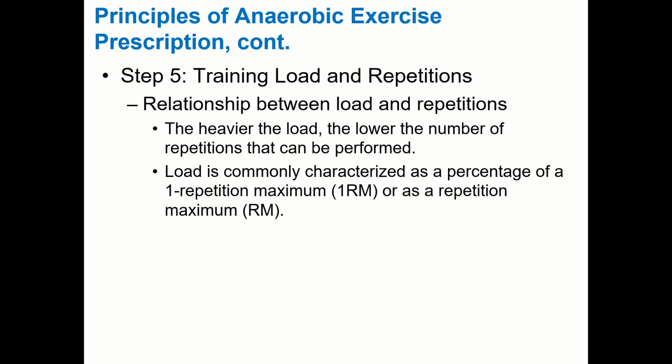And based on my example there, you can see bullet point number 2. So we typically quantify the intensity as a percentage of their 1 rep max. So we have them lift as much as they can, let's say 200 pounds, and then when we actually write up a program, we'll base it on the percentages of that. So we want them to do 95% of their 1 rep max or 85% of their 1 rep max or whatever. And based on that percentage, we'll have a pretty good idea of the number of repetitions that they can